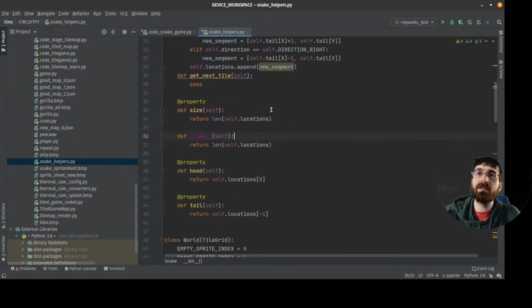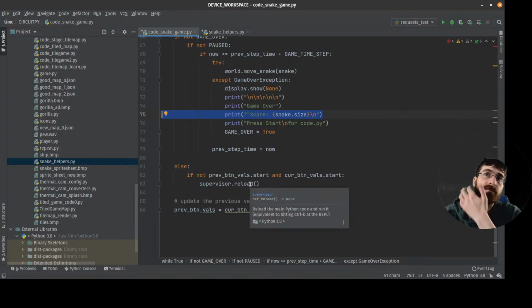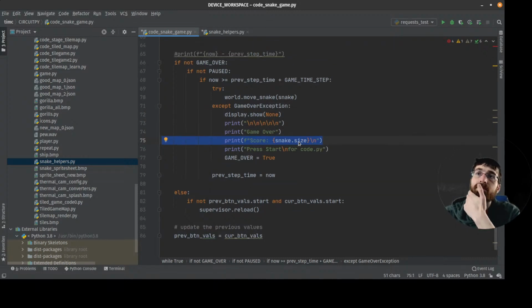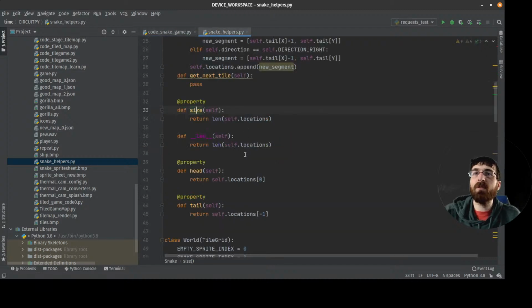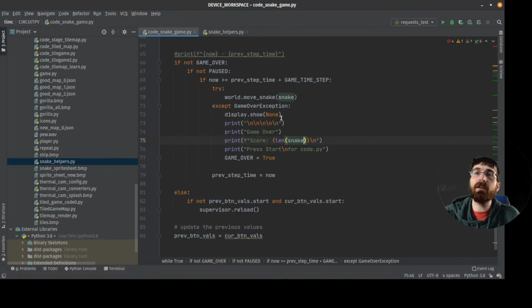Maybe I'll keep size. I don't know. Did I use it anywhere? In the score? Maybe I would feel bad if somebody started hacking away at it and used size themselves and I broke it by getting rid of it.